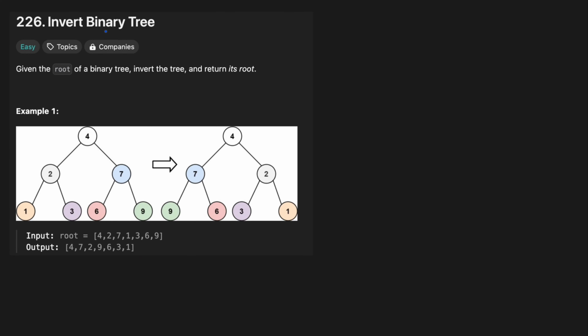Hello everyone, welcome back. Let's talk about another easy problem on Leetcode today. Invert binary tree, Leetcode 226. In this problem, we are given the root of a binary tree and we have to invert the tree and return its root. Then in example 1, for the given binary tree, when we invert this tree, the root node